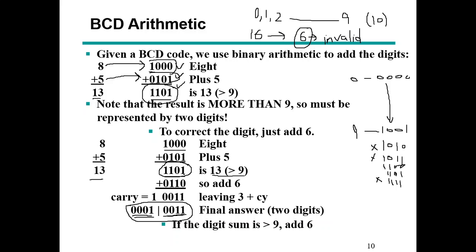ऐड करें इसके साथ 6। So 1 plus 0 is 1, 0 plus 1 is 1, 1 plus 1 is 2, which is 1 0, so 0 is the sum, 1 is the carry। 1 plus 1 plus 0, 2, which is 1 0, 0 is the sum, 1 is the carry, ठीक है। तो यहाँ से आपके पास there is a carry out, and then when you add these, 1 carry out यहाँ पे आपके पास इस एडिशन से आ रहा है, ठीक है। So if you look, आपके पास जो आंसर है वो ये होगा 1 and then 0 0 1 1। ये जो 1 कैरी आउट है इसको आपने इग्नोर नहीं करना, इसके साथ ये 3 zeros अपेंड कर देने। So this would be 0 0 0 1 and 0 0 1 1, ठीक है।